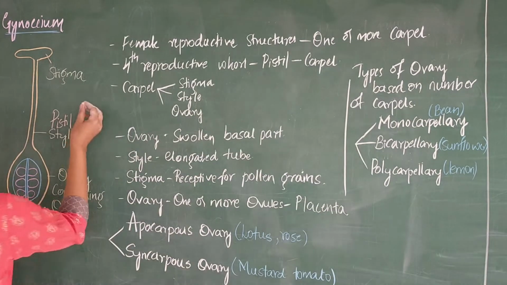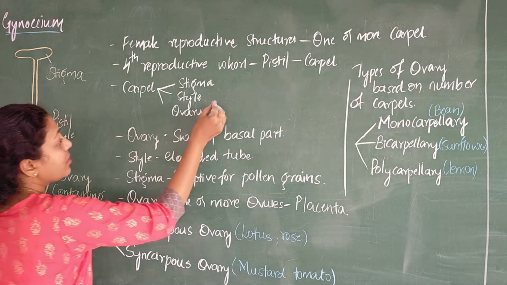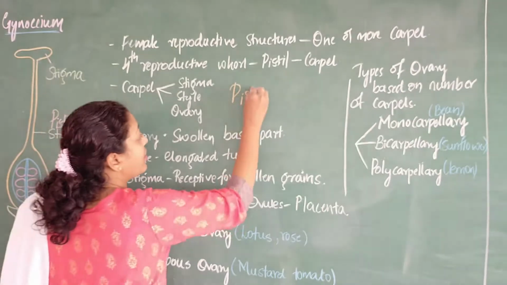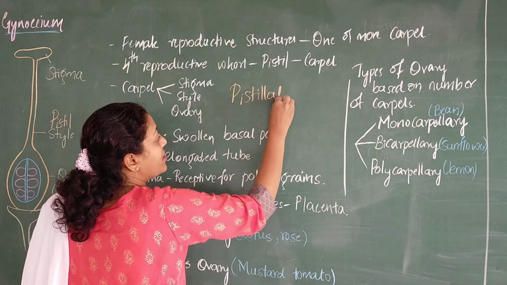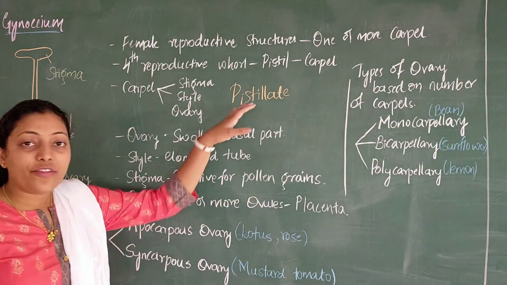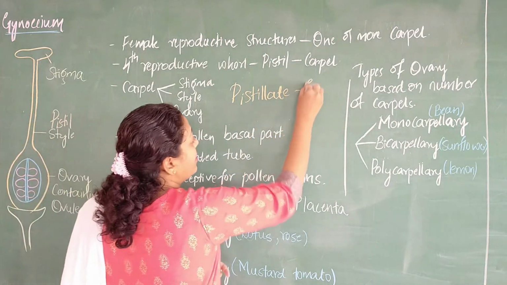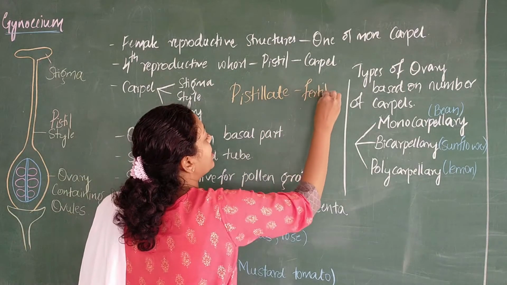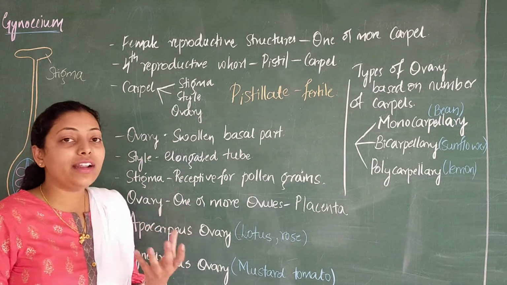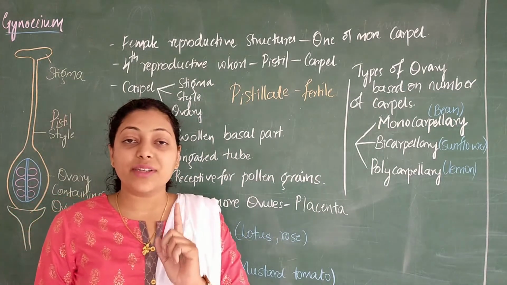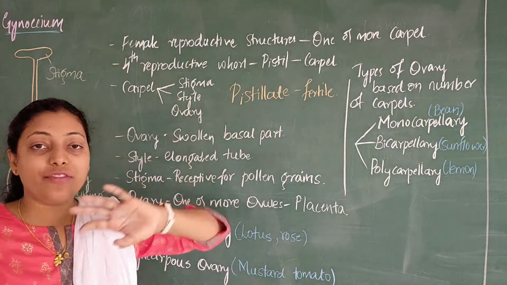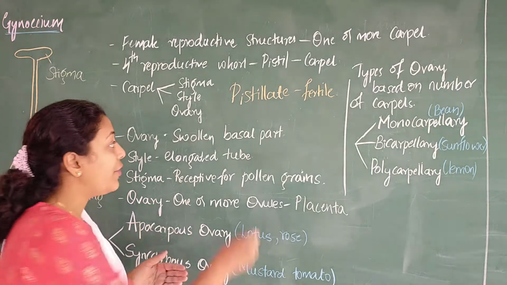Here I will write pistillate. This is very important: a flower consisting of only female reproductive structure is called a pistillate flower,